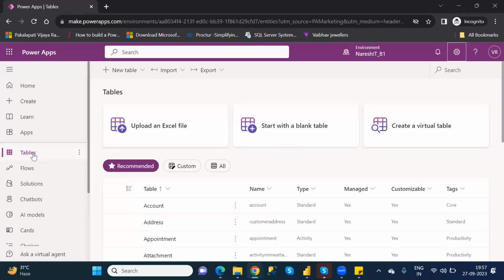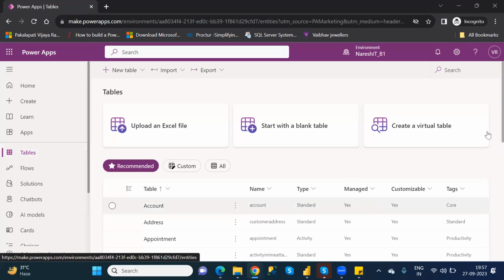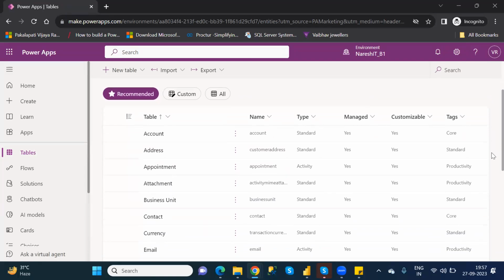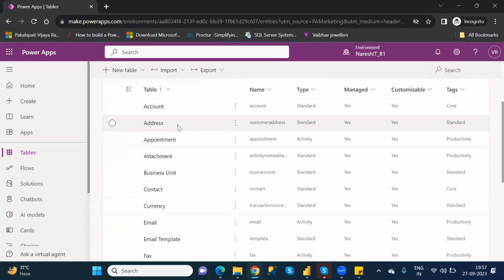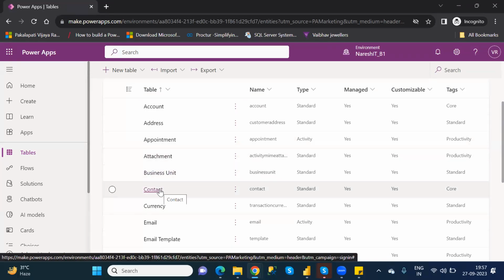Understand? So whenever you open the tables, by default Power Apps will provide some default tables. Very important point: default tables. When you scroll down, you will see different tables: account, address, appointment, attachment, business unit. Why are all these tables required? Because in most projects, whichever tables you are using, those related tables Power Apps will create by default and give to you with empty data.